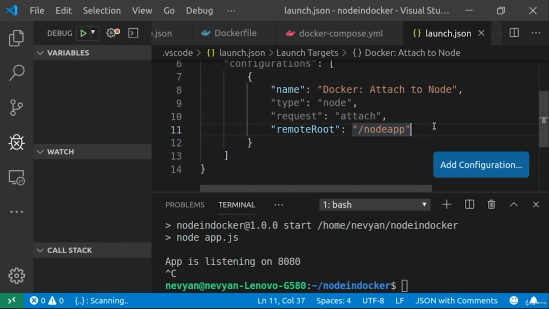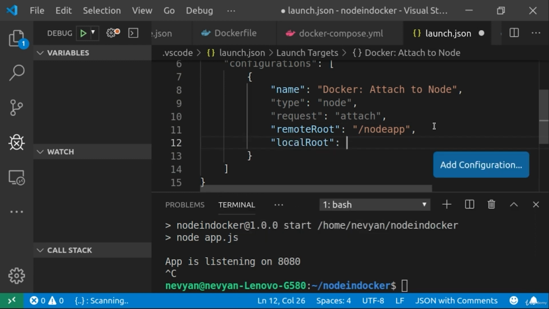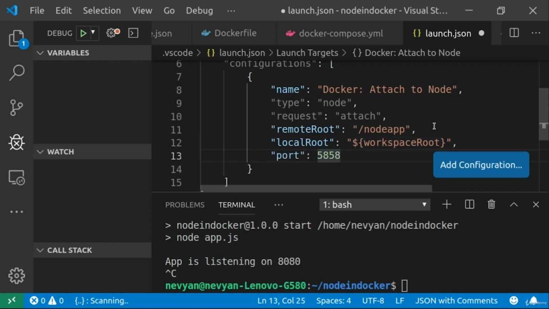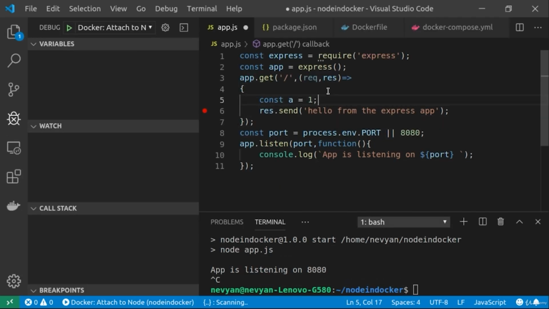As we have remote root, we'll add local root. This will help to connect our local files with the Docker container. Here, we'll provide our workspace directory. The port will be the port for debugging, which we specify, and which is open already. We would like to be able to restart the debugger, so restart true. All right, let's set one variable, and also we'll change the message to